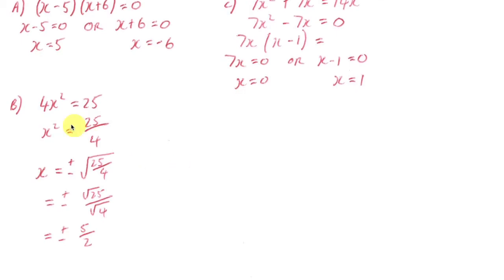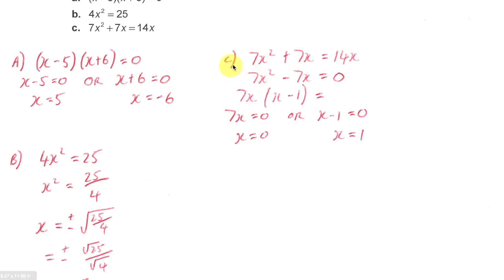For B, I've got 4x squared equals 25. I divide both sides by 4. I now take the square root of both sides, so x is going to equal plus or minus the square root of 25 on 4. Remember, when we're taking the square root of a fraction, it's equal to the square root of the numerator over the square root of the denominator. So the square root of 25 is 5, square root of 4 is 2, so it's plus or minus 5 on 2. For C,